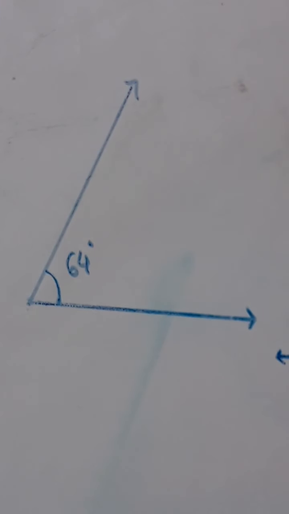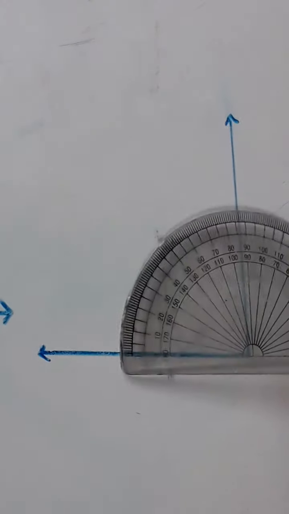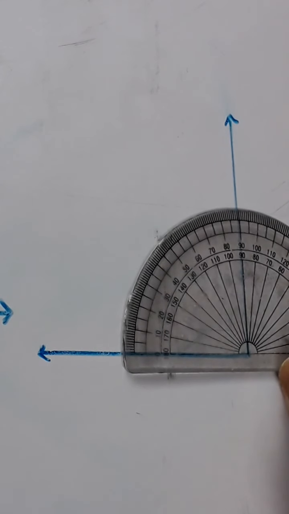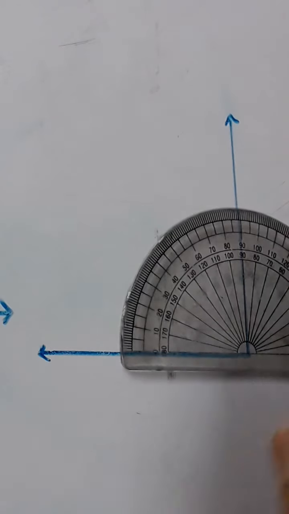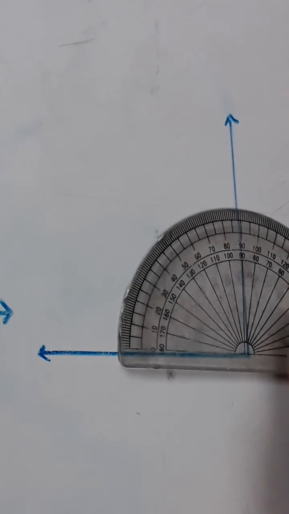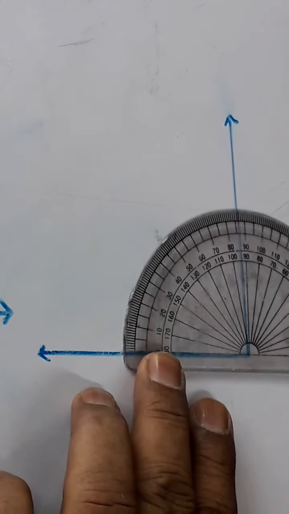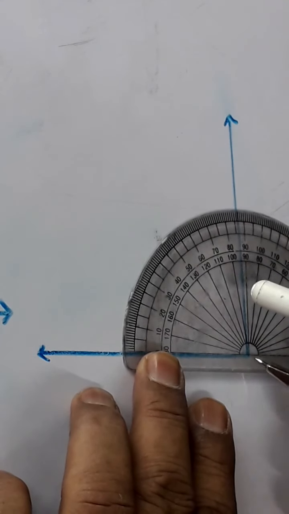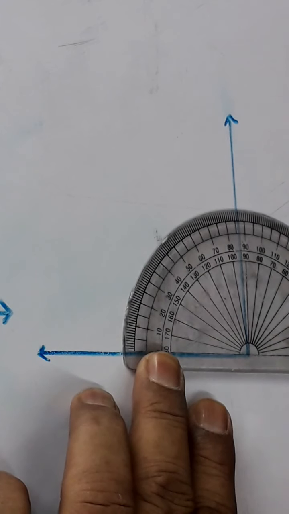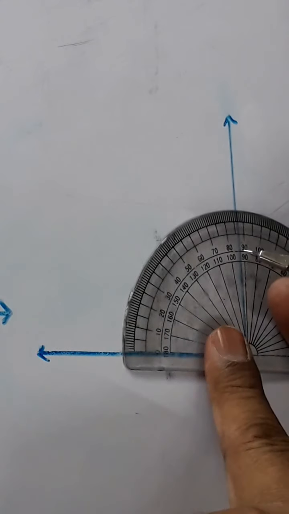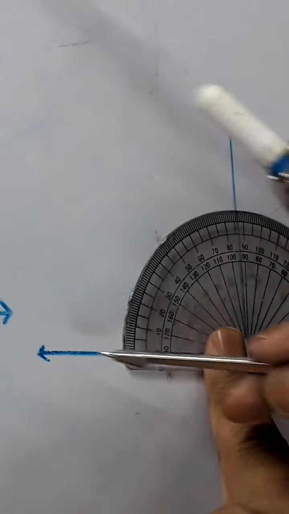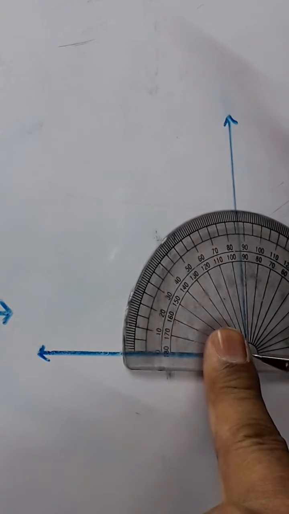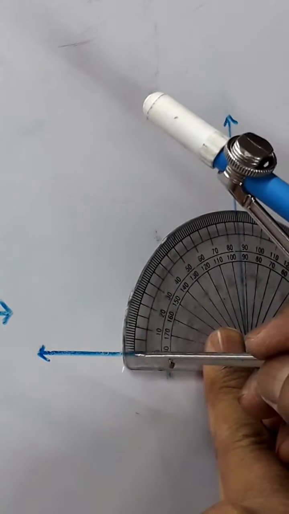Now we are going to see how we will measure this angle. Again, we will put D like this here, this baseline of D and this arm should coincide, and this point should lie at the vertex of the angle, this point. Now we will start measuring. We will start reading 0 from this side because other end of this arm is here. Vertex is here, other end is here, so we will start 0 from here.